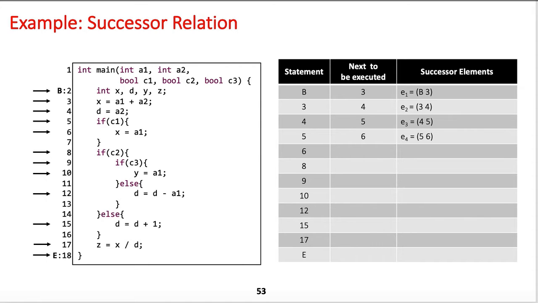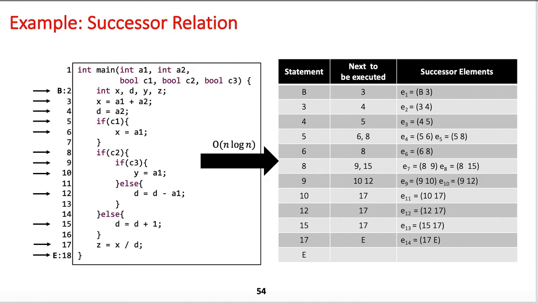Here we have some successor elements. Here is a complete set of successor elements. Note that in some cases a program statement has two successors. This happens when it is an if statement. In this lecture we are going to consider if statement but not the switch statement.